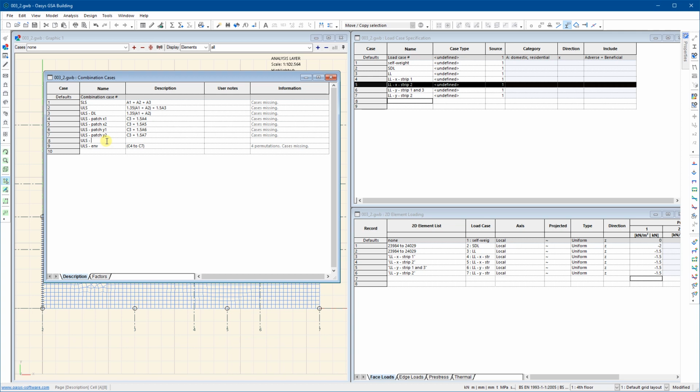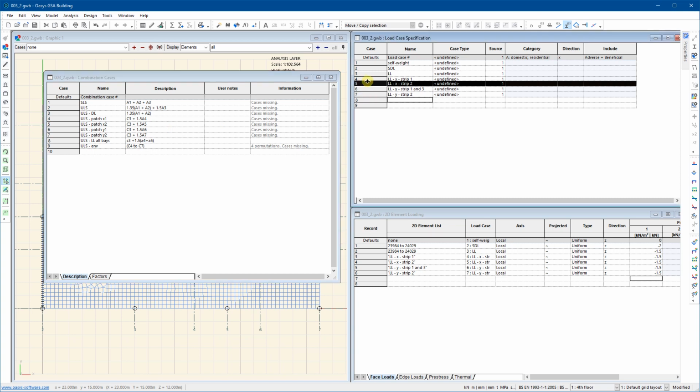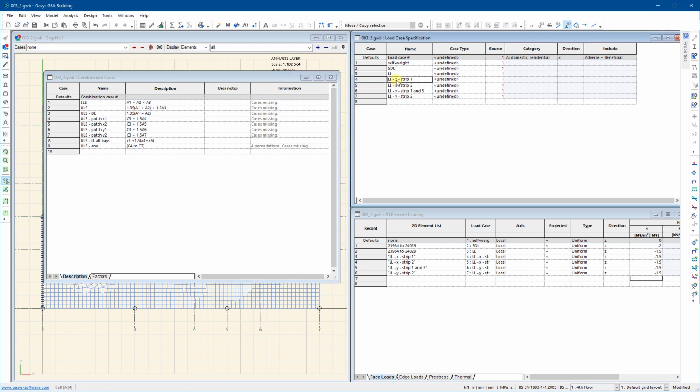So ULS and the live load on all bays. So C3 is the combination 3, which is the ultimate dead load case, plus 1.5 as the factor. Then in brackets, I'll put A4 plus A5. So we remember that A4, if I look at my load case specification, is the first